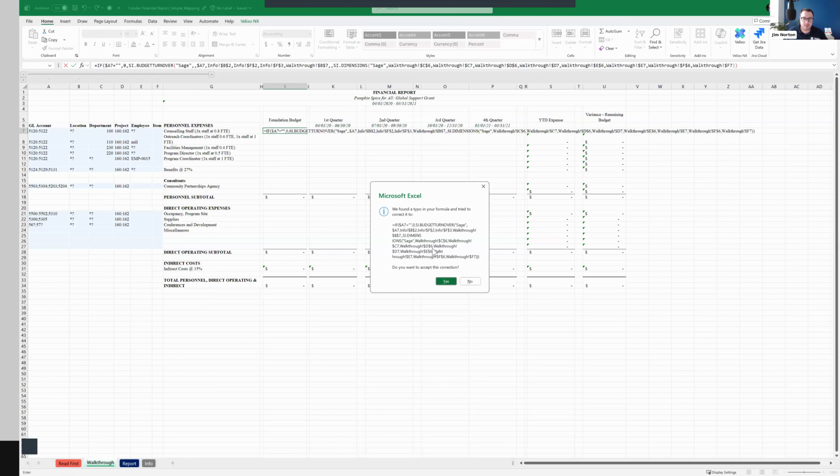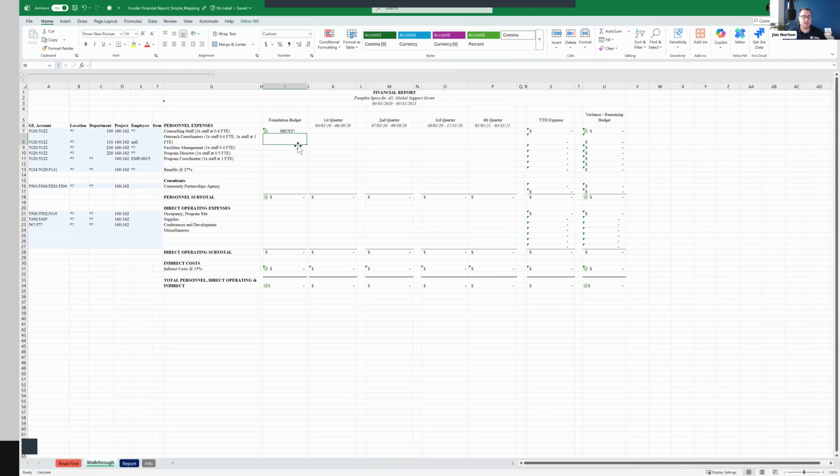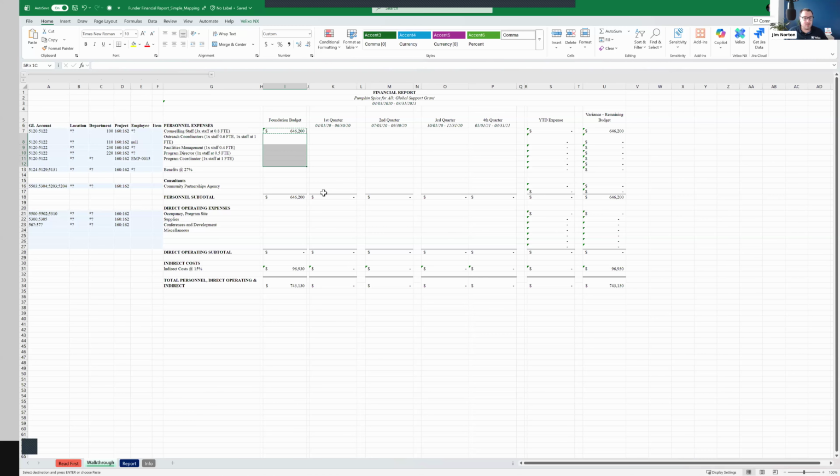So I'll hit enter there. I might have made a syntax issue, but it fixed it for me. So that's great. And we're going to see that it is retrieving because we've got that spin, the budget amount for this combination, which aligns to my funders line items. Now, all I have to do here is simply copy the formulas down.